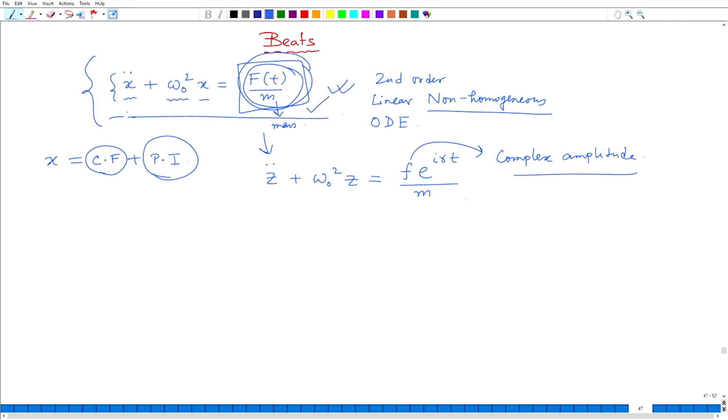So, here we are of course considering a special case of periodic forcing with frequency